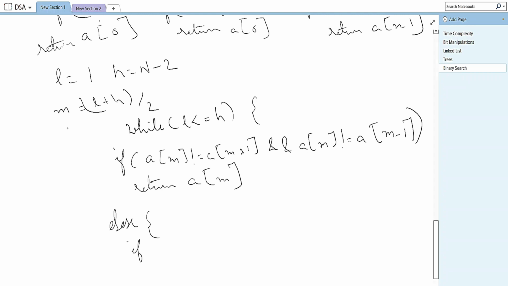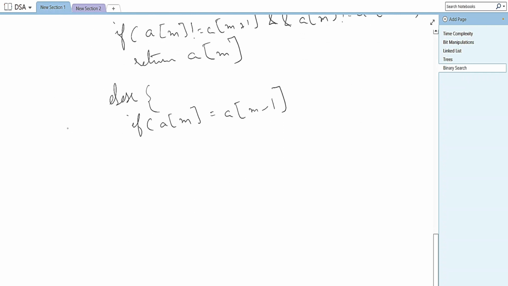If A of m equals A of m minus 1, that means m minus 1 is the first occurrence. So m equals m minus 1. If A of m is not equal to A of m minus 1, which means that only m is the first occurrence, so we won't update m. Now we will check